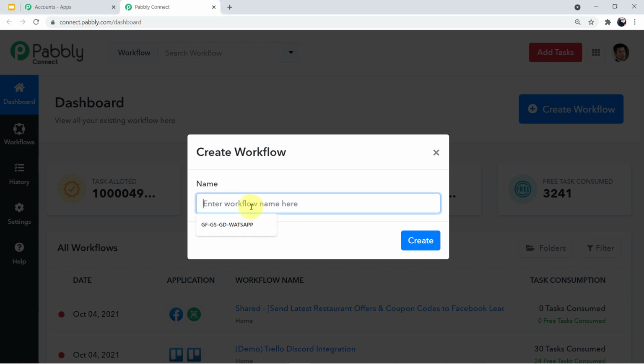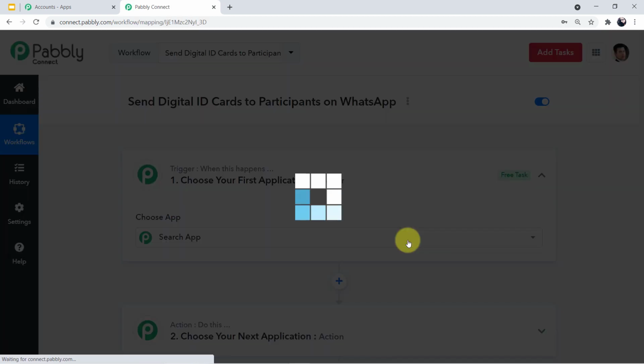Let's say we'll name our workflow as send digital ID card to participants on WhatsApp. Okay, so you can see this is the name of my workflow I have given: send digital ID cards to participants on WhatsApp. Okay, so now I'll click on create.